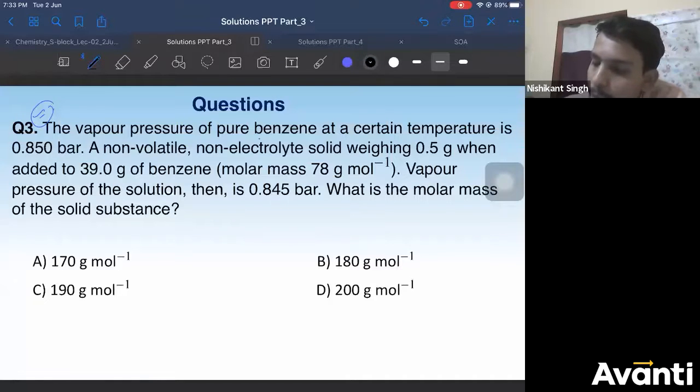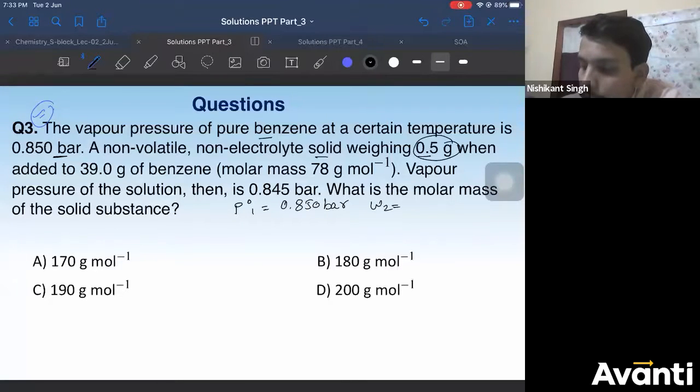So let us try to solve this. Vapor pressure of pure benzene at a certain temperature is this. This is the vapor pressure of pure benzene, meaning solvent. So P01 is 0.850 bar. A non-electrolyte solute weighing this much, this is the weight of solute, that means W2, 0.5 gram. Molar mass of solute you have to calculate, when added to